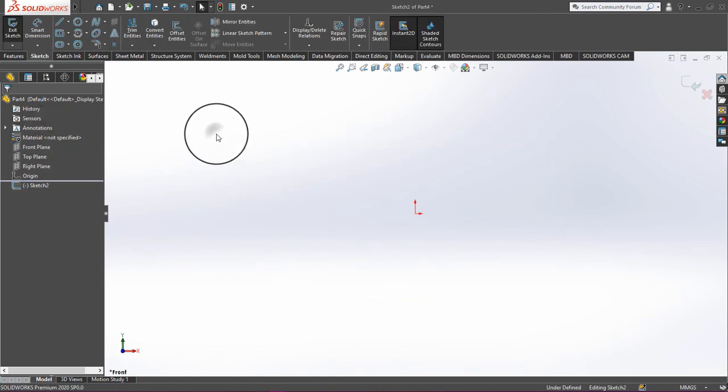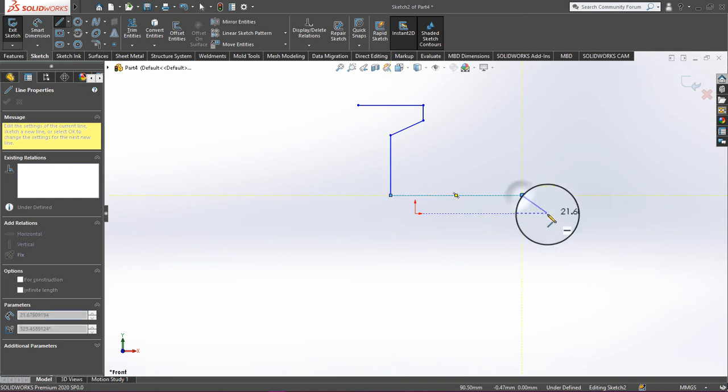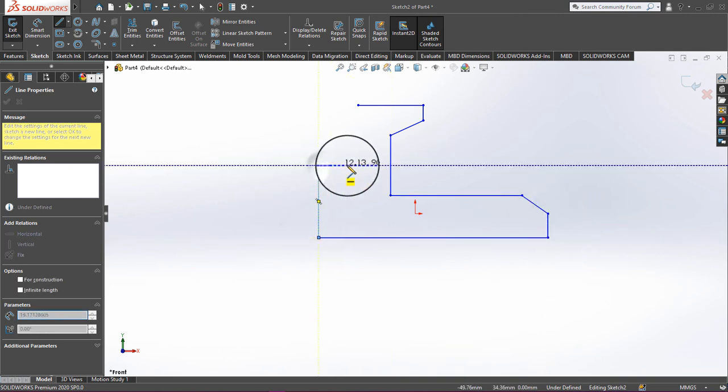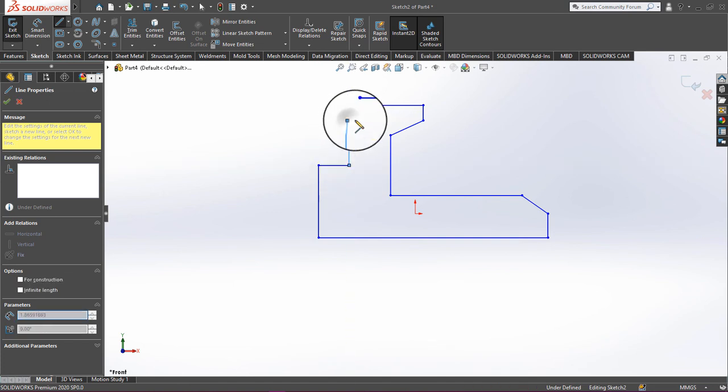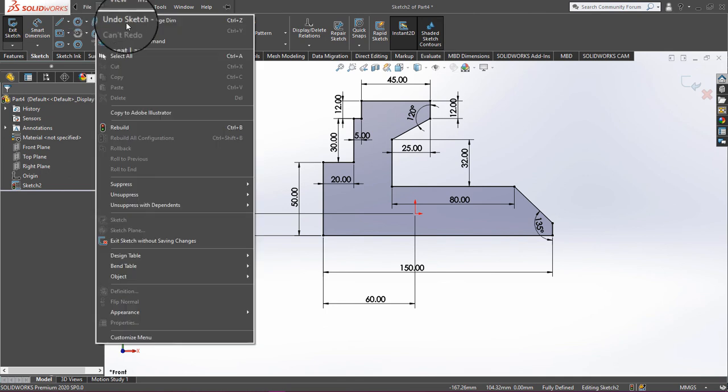If we want to add some custom-made weldment profile, just draw some profile as per your wish. I want this type of profile. Exit from the sketch.